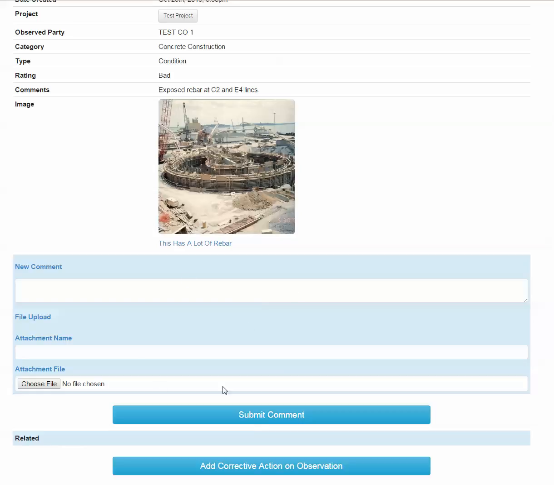If you'd like to add another comment at this point in time, you can do that here. Also, this is where you can add an attachment as opposed to adding a picture. So, for example, if we would like to get a near miss report from the contractor, or they owe us an SFTO1 incident report, we can actually attach the file at this point in time, and then click Submit Comment when you're done. To demonstrate that, I'm going to say Test Comment,